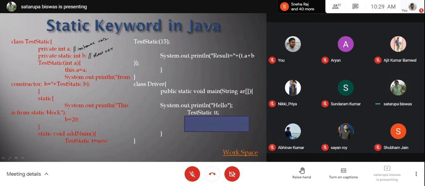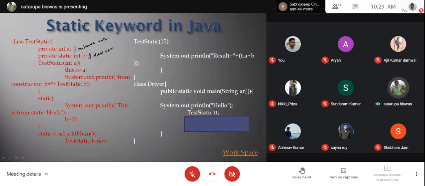After that, TestStatic, this is your constructor, which is initializing the a value with something that you are sending through this. System.out.println from constructor, the b value you are trying to print from here.